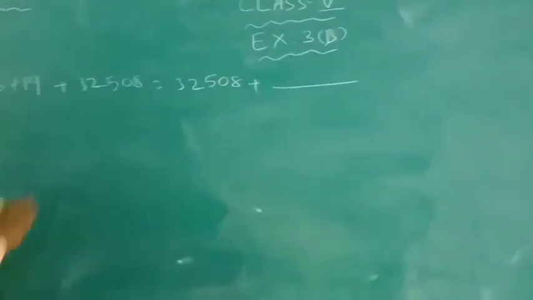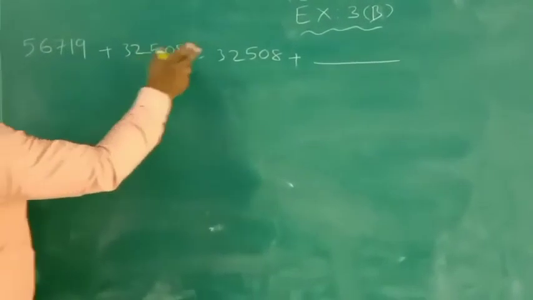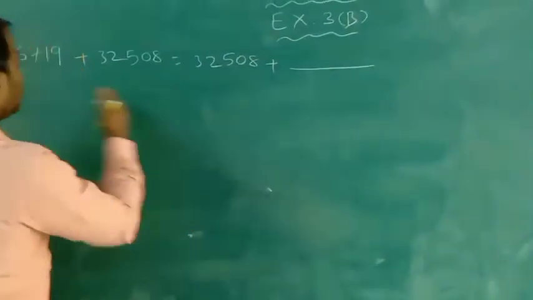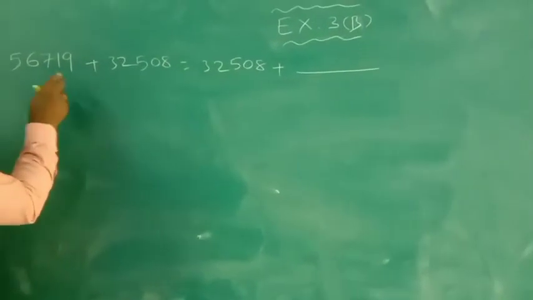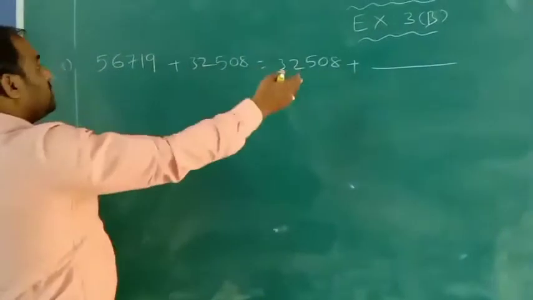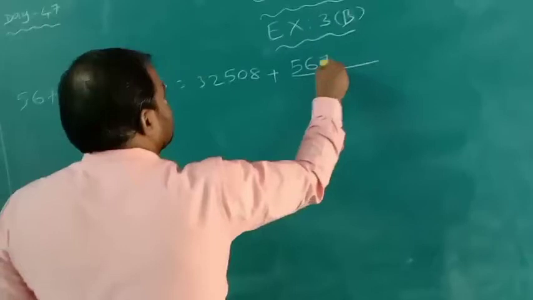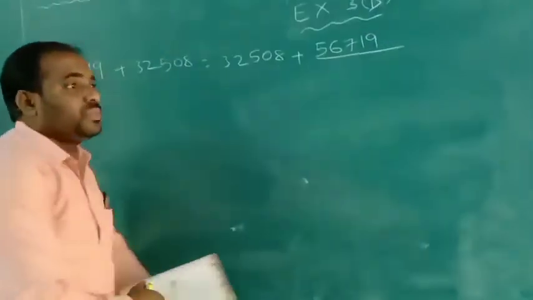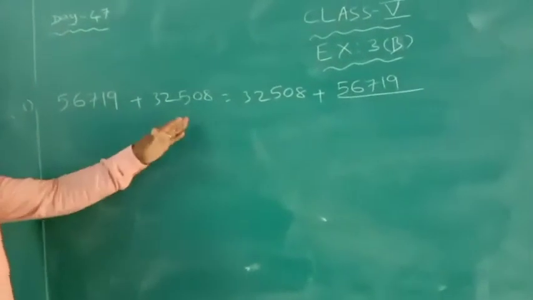What do I say? They have given the sum of these two numbers. They gave this one first, second number given. Next one coming here, first number only coming here. Sum of two numbers. Okay na? First number plus second number. They gave second number plus first number also right here. 56,719. Now only I said na, we have to add any way, any order. First plus second or second plus first.